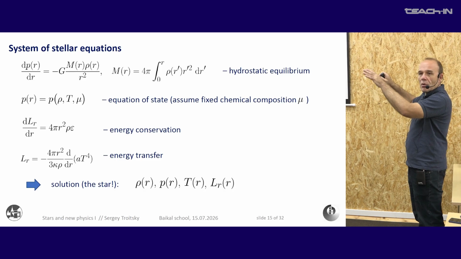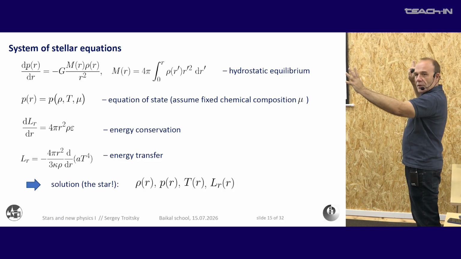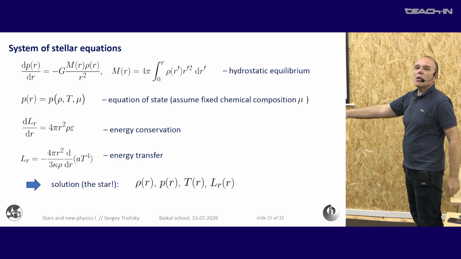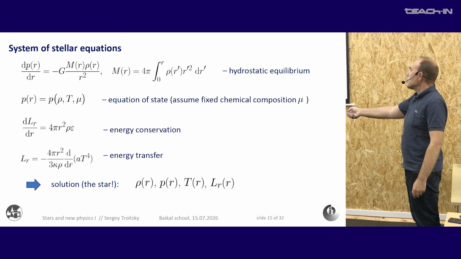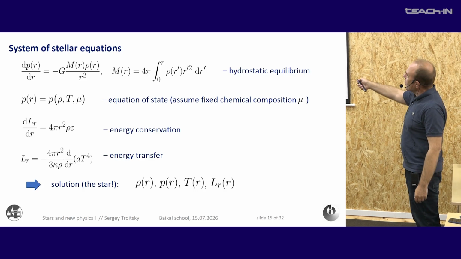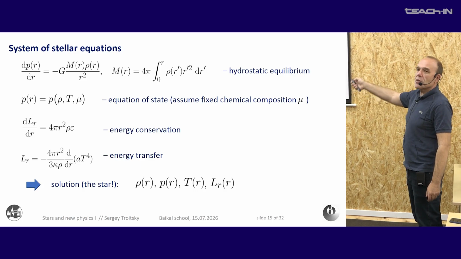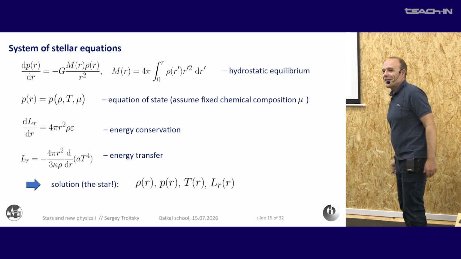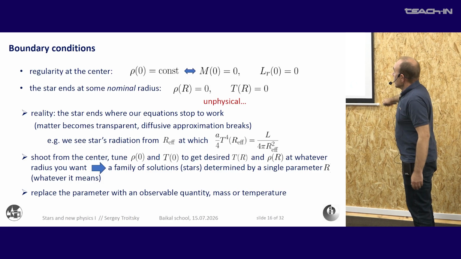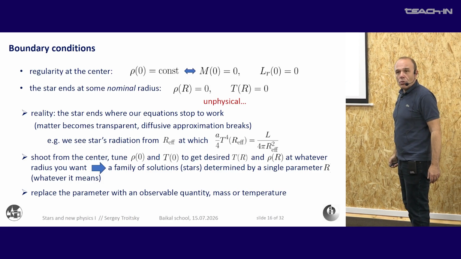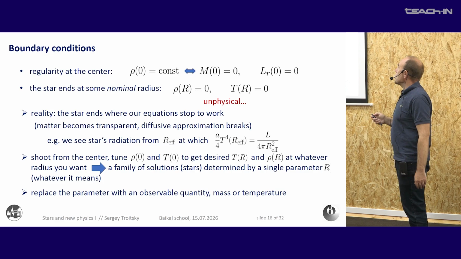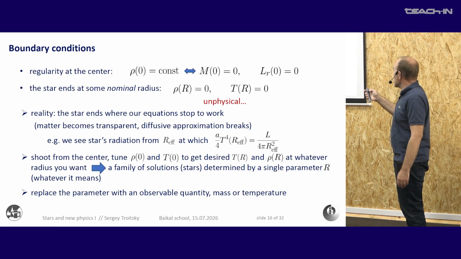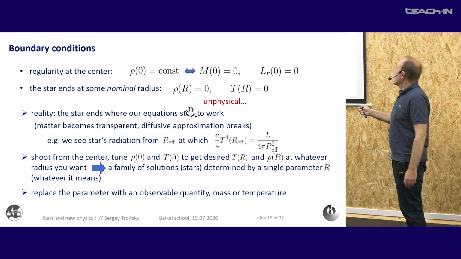It is fixed, and we consider a snapshot of a star with a fixed chemical composition. If it changes, then we know how it changes, and write the 5th equation. You see, I have no place on the slide to write the 5th one, so I skipped it. Okay, boundary conditions, which we need to find a solution. Of course, we have regularity at the center, and remember that we put somewhere